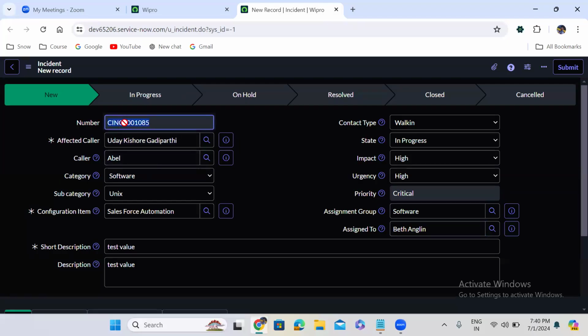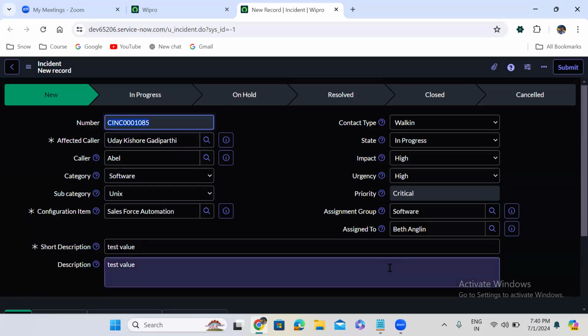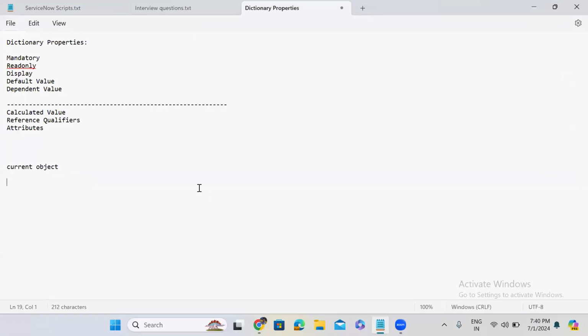This is a field value. This is also a value. So these are field values. Well, all these values are stored in an object called the current object. If I want to get the number field value, then I will use current